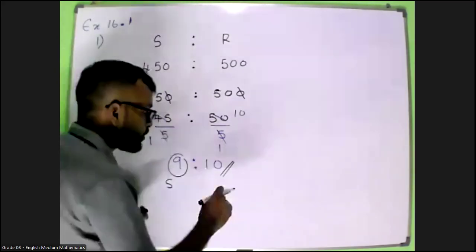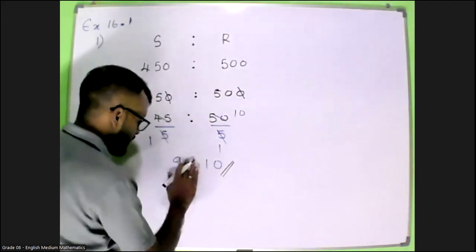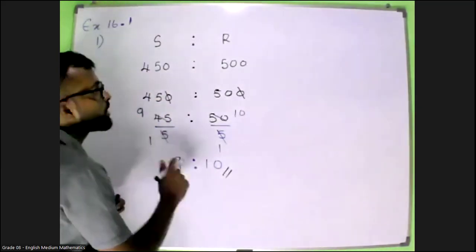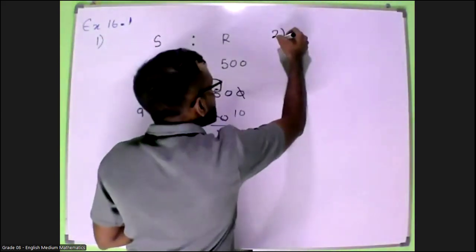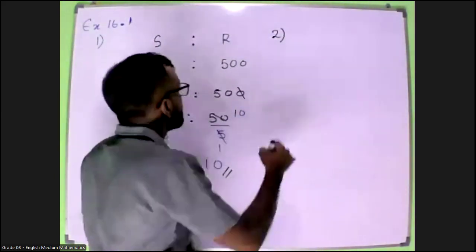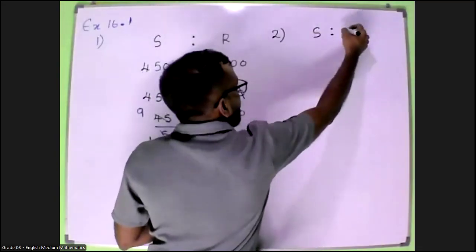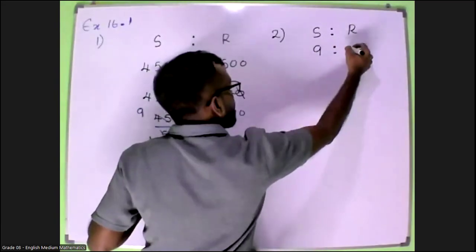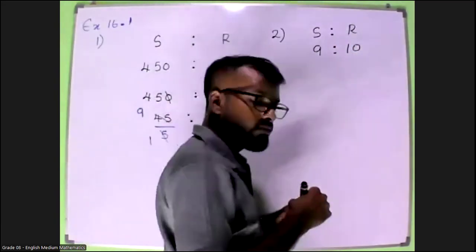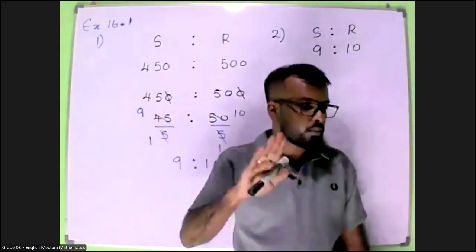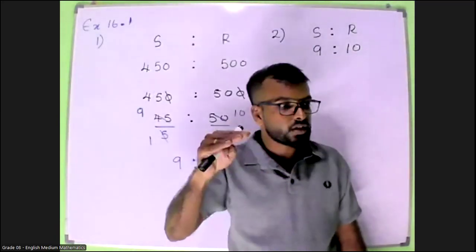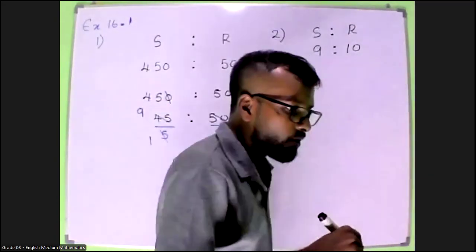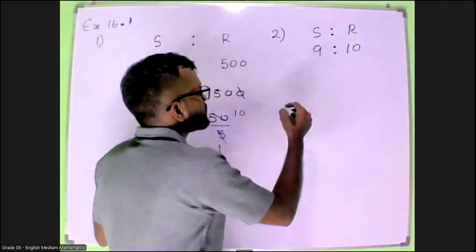Now look at the board. I will write it again. This is the answer for the first part. I will write the second. So Sudesh to Rahim, 9 to 10. They are asking from us a fraction: write the amount Sudesh received as a fraction of the amount Rahim received. So we have to write it something like